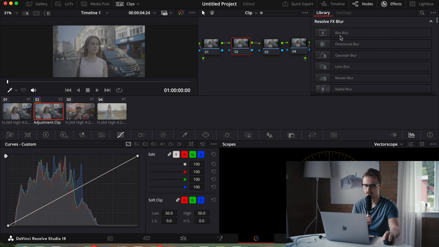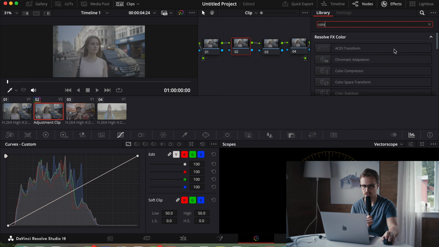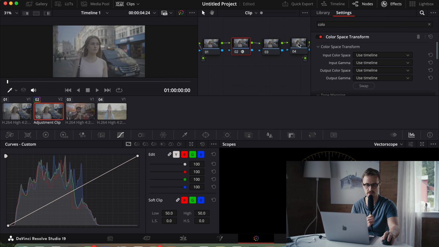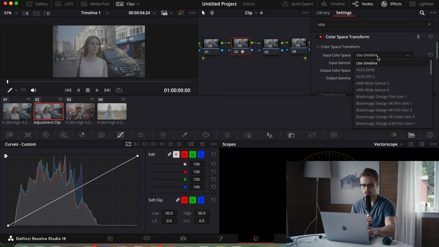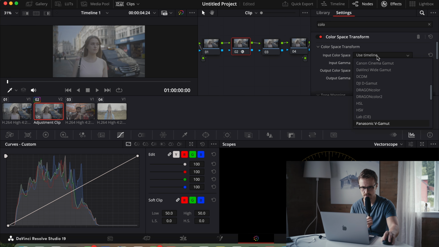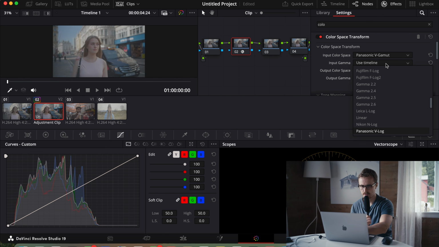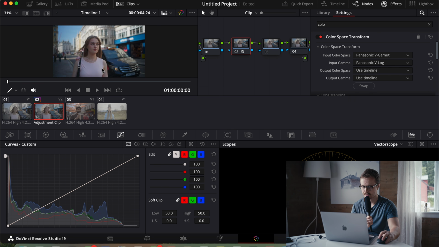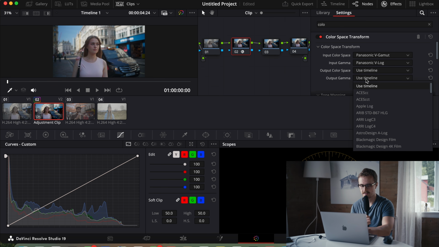On the second one, I'll add a color space transform. We're working with Vlog. So first I'll do Panasonic V-Gamut, and then Panasonic Vlog. Now you can see it looks kind of like how it's supposed to. And then for output gamma, I'll pick Cineon